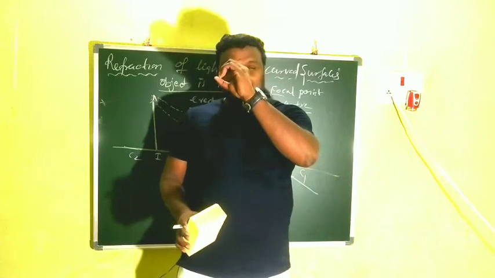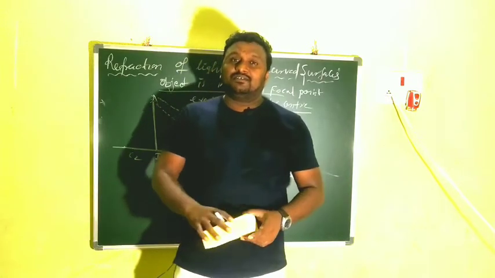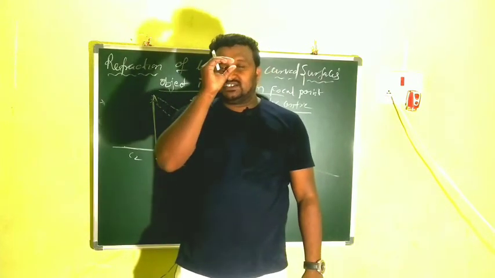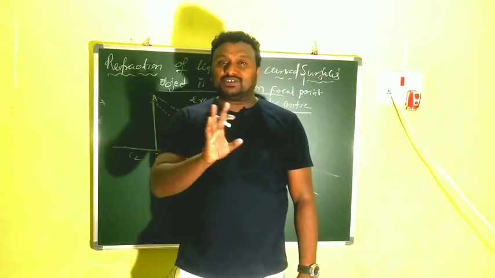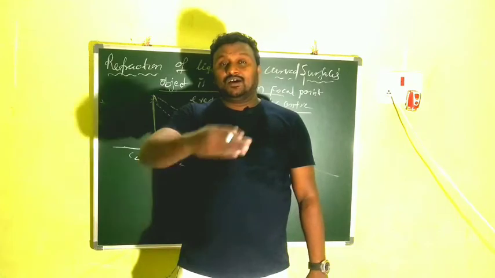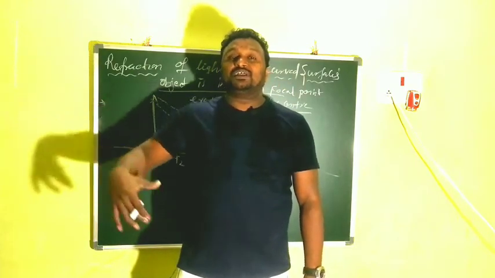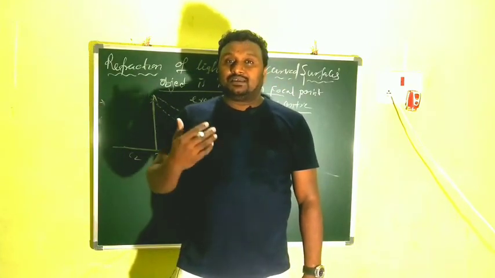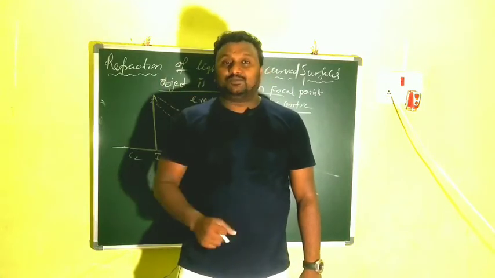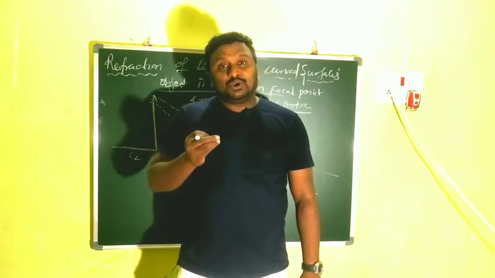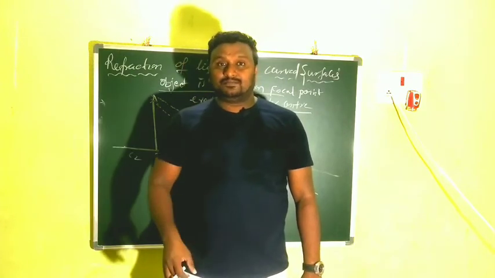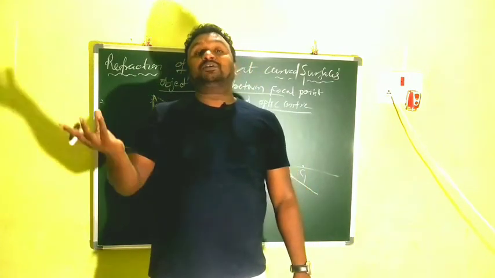So why are we seeing through any lens like this? We take a magnifying lens and see through that, and we get an image that is very big, but we are unable to capture it on a screen. And in all the ray diagrams, we observed the real image is always inverted. We are unable to see the real image directly, but we can see it after capturing it on a screen.